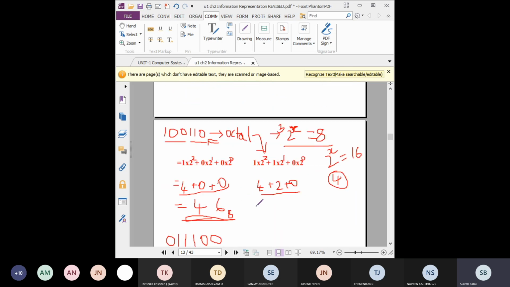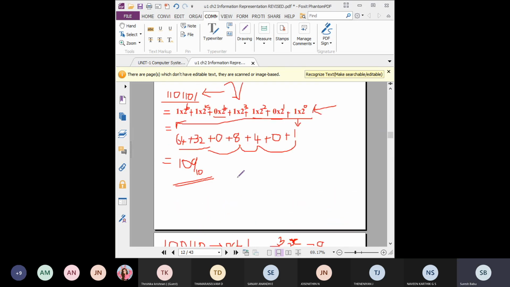But in octal, the difference is you have to split your binary number into three digits. So three combinations you have to split. From the right side, 0, 1, 1. This is the first three digits, so you write it here. See, 1, 1, 0. Then the second combination of 3, 1, 0, 0. Write it here. Again do the same multiplication process into 2 power 0, 2 power 1, 2 power 2. Again these three elements, you should start from the power value 0.